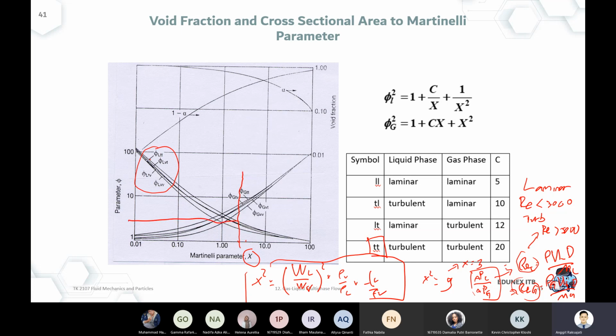So drag it to the left. I don't know, maybe that's 4, for example. So we get the two-phase modulus. Okay, the final step would be back to the first equation. Delta P of two-phase flow is equal to delta P of pure gas times the modulus square. Don't forget the square part.